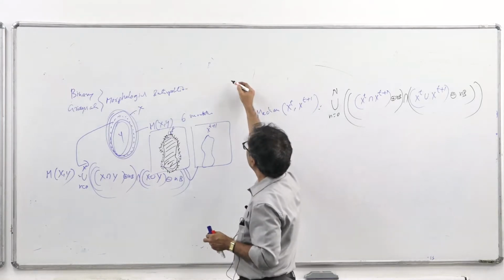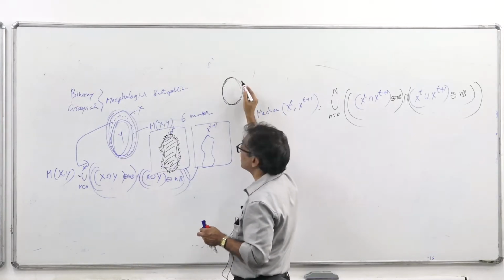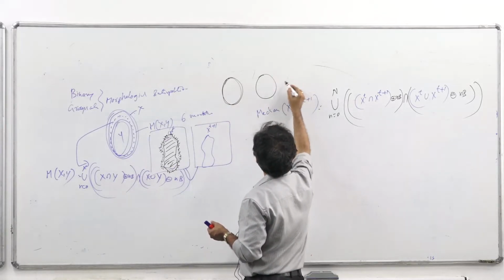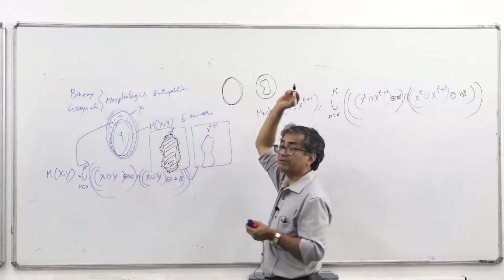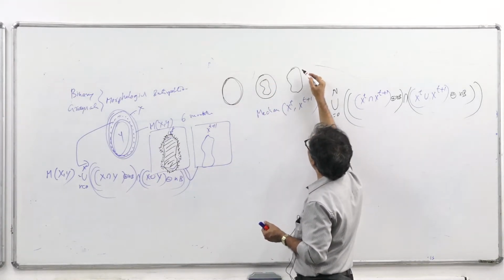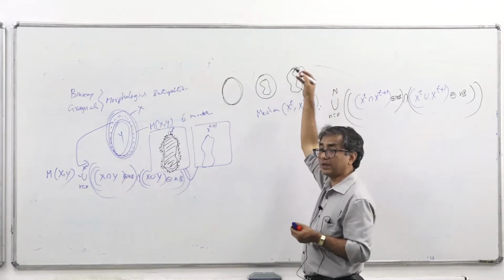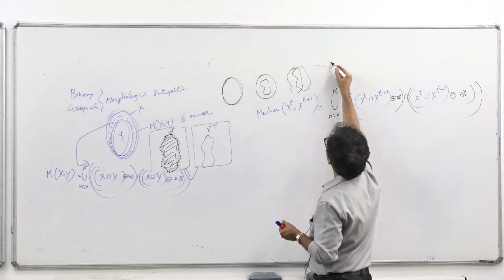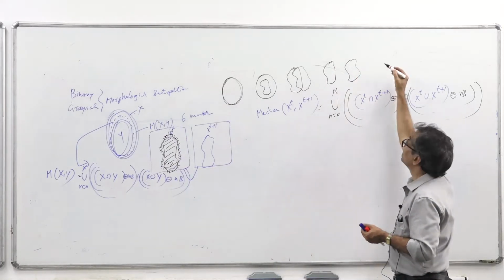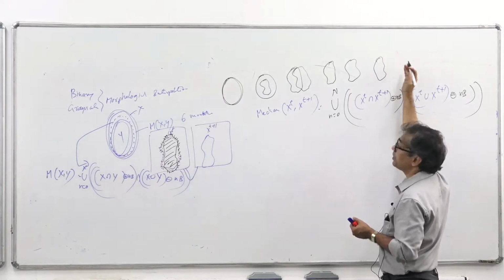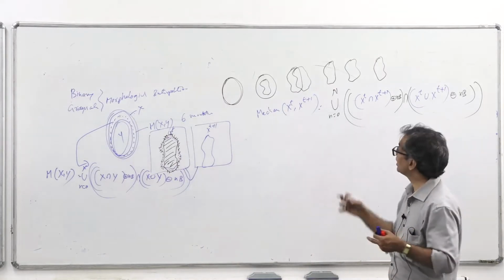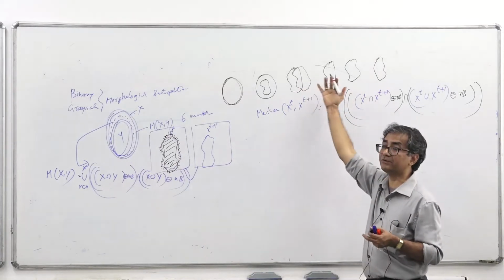Some cases are where the object is just the same over a period of time, with no variation. Sometimes the object is like this, and then it has become like this over a period of time. It is contained in this. Sometimes the object is this, and over a period of time it is shifted and deformed. And sometimes the object is this, and it is completely shifted. They are disjoint. Sometimes the object is this, and over a period of time the object has vanished. So how do you compute the interpolation, these medians, for various different cases?